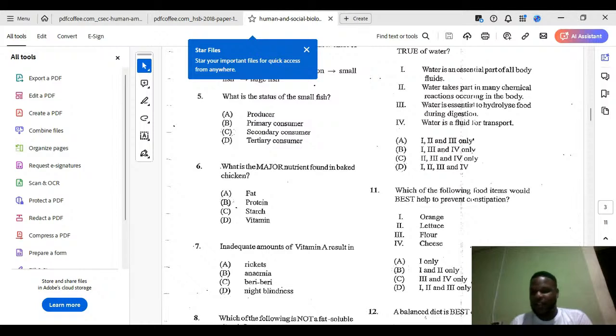All right. How about anemia? What vitamin are you lacking to get anemia? You need to know your deficiency diseases, guys. Anemia is vitamin K, right? Iron is a mineral, that's not a vitamin, right? So lack of vitamin K, right? So if they ask,